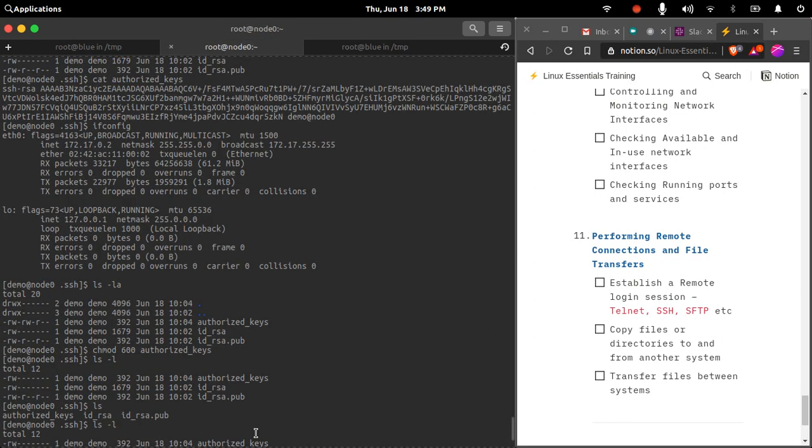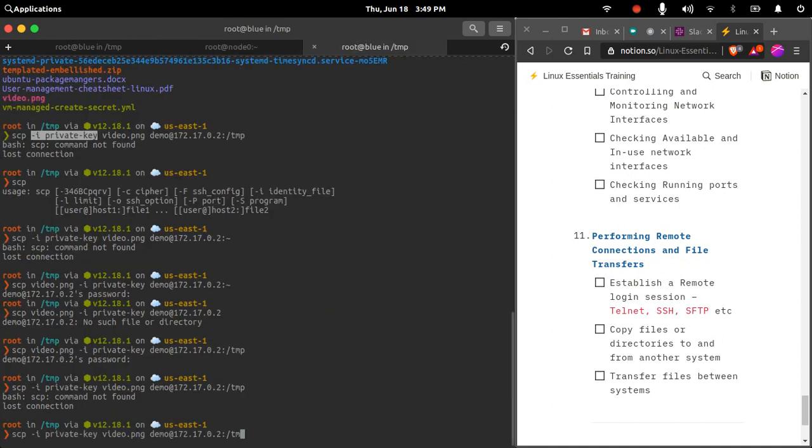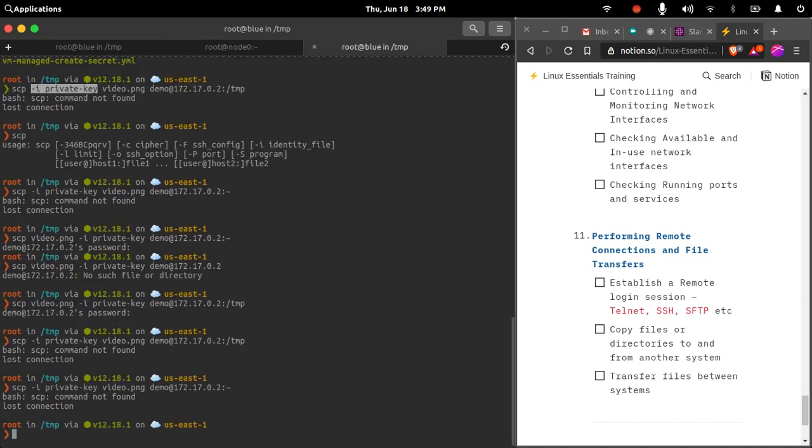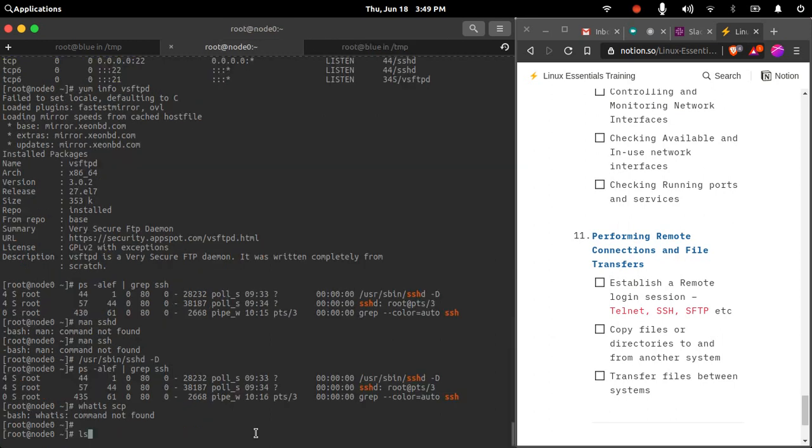I'm not sure, it is actually not copying to that location. Let me copy it to the home directory. No, it is actually not copying onto the remote system, but you get the idea, right?